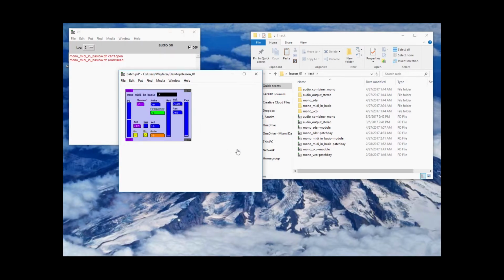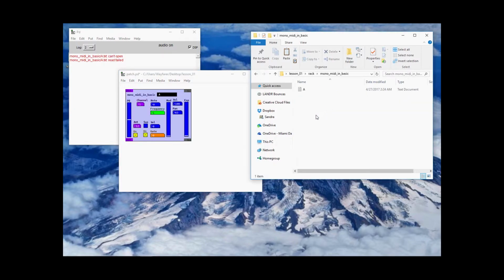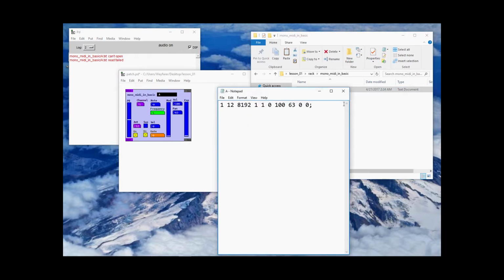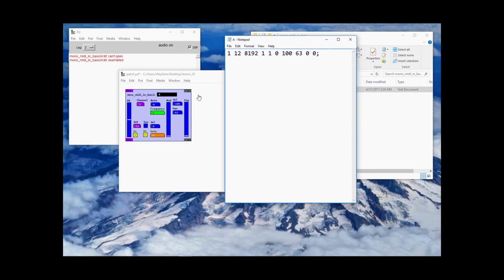You see it's named capital letter A, and if I go to its folder here, you see its name is Mono MIDI in Basic. It has a folder that's Mono MIDI in Basic, and you see there's a text file that appeared there called A. The name of the module that you give it and the text file will be named the same. You do need to use names without spaces,